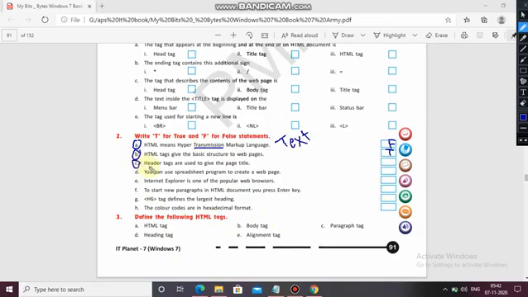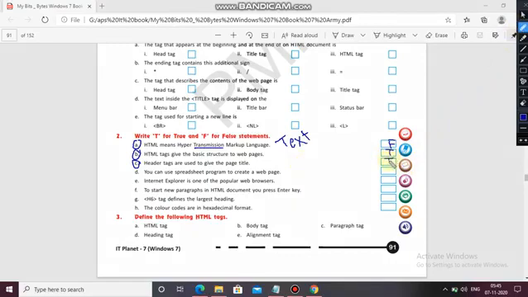C: Header tags are used to give the page title. Is it right that header tags are used to give the page title? There are heading labels which we use for giving the title, so we can give the page title by using header tags, so it's also true.